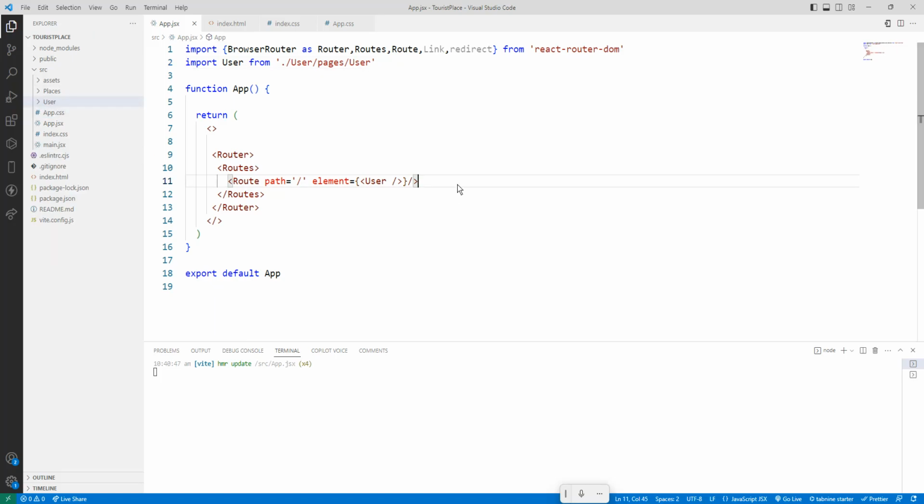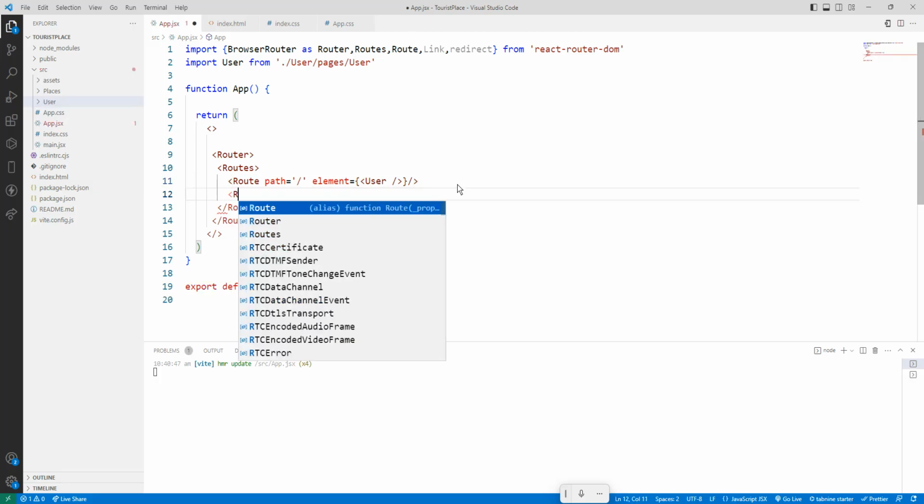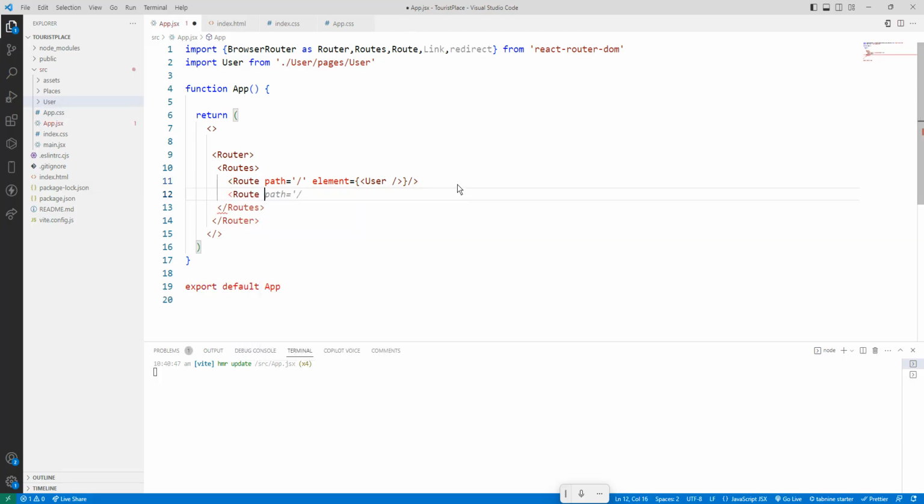Okay, so I will just go to the end of the Route. So path. See, if I want to go for the path, I need to go for some component. Either I can give forward slash by default, and I want to give a specific URL. For that,